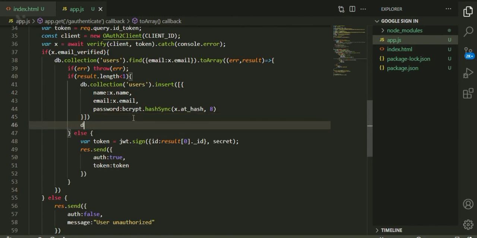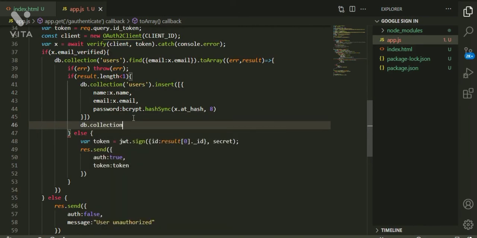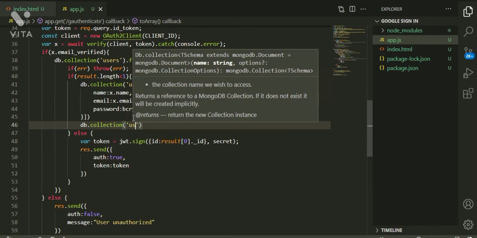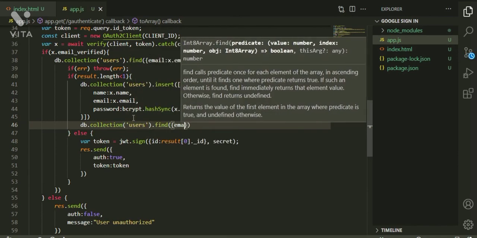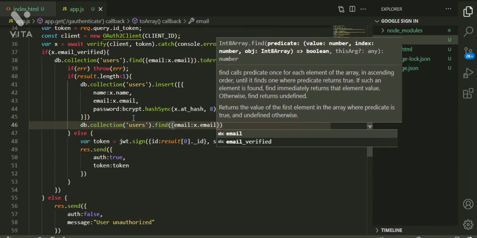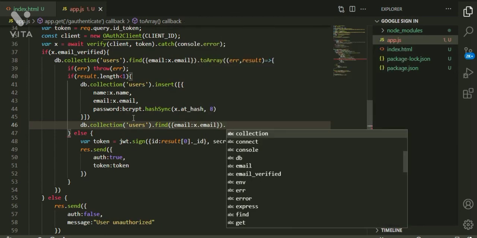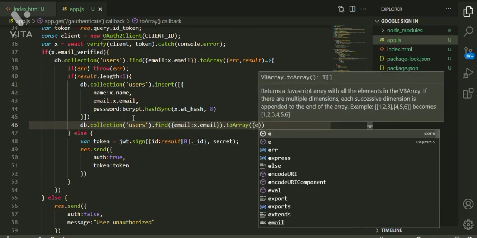Now we have to send the JWT token. So we have to do find again, collection of users.find, similarly with email only, toArray of error, result.